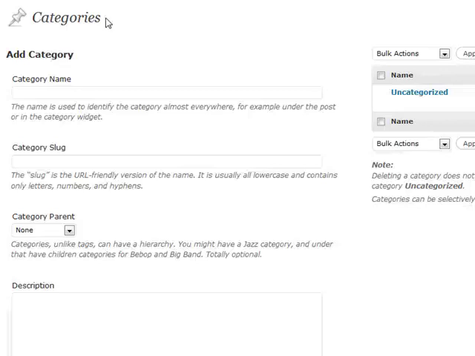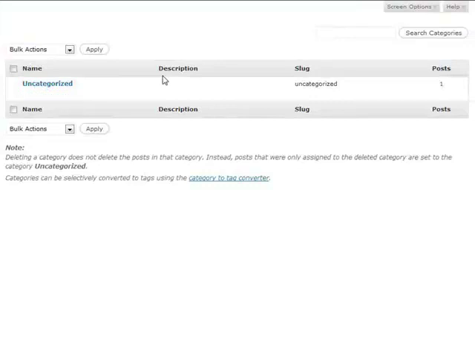One other thing that's a really useful option inside of categories is if you go to your category section and you can see the different options that are available, you can also see how many posts are in your category. So if you have something that's got a whole lot of posts in it, and then maybe a category that only has one or two, maybe you should take out that category and put it somewhere else. It's obviously not really doing what you want it to do. So this is a nice little overview of exactly where most of your blog content is being